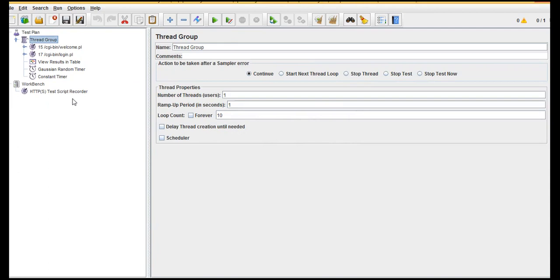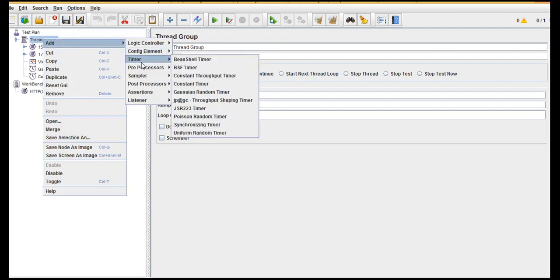Fine. So that's how you can put a sleep between the threads and mimic the original behavior of your application. But as I said, this will not be used much in practice, but still people will go with this if they have any dependencies with their application. Fine. So that's it about the timers, and we have one more timer called constant throughput timer, which we will see in the coming session.